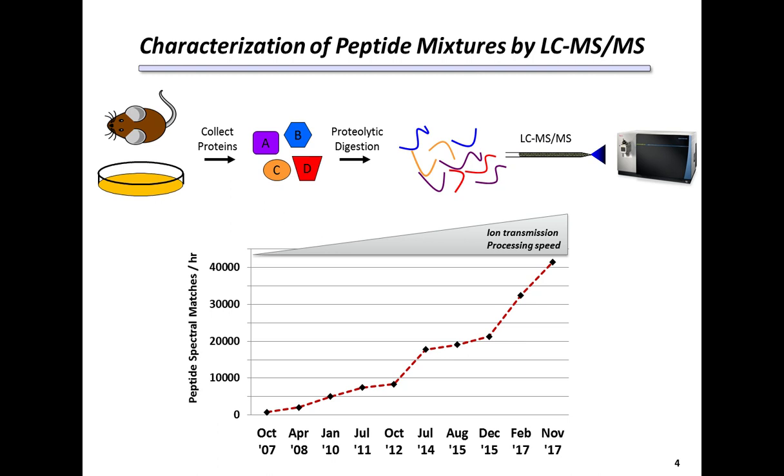Now, the ability to study proteins in the cellular environment has advanced rapidly over the last 2 decades, in large part due to technology advances, particularly in the area of what we call LC-MS-MS, or liquid chromatography and tandem mass spectrometry. In a simplified view, you can imagine that we have a mixture of proteins, and we digest those proteins down into an even more complex mixture of peptides. Those peptides then get separated by reverse phase liquid chromatography and introduced to a mass spectrometer through a process known as electrospray ionization. These mass spectrometers can now identify thousands and thousands of these peptides per hour and give us a sense of how abundant they are relative to one another.